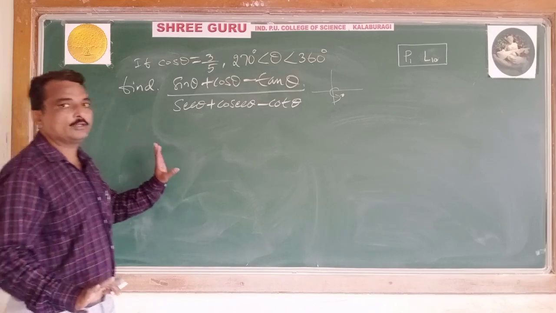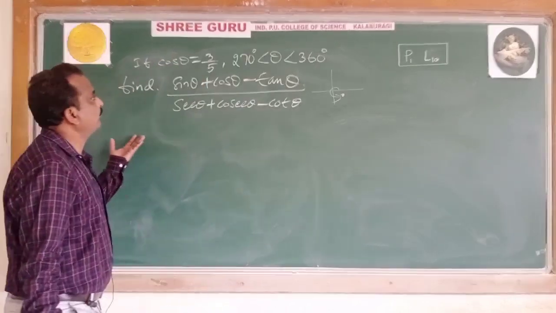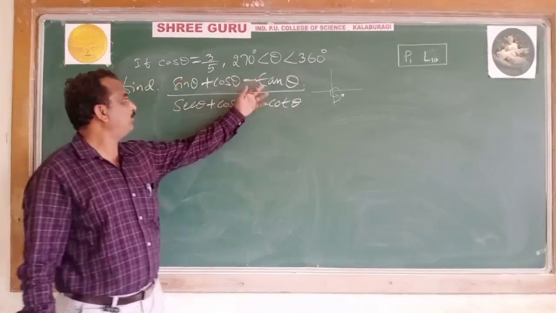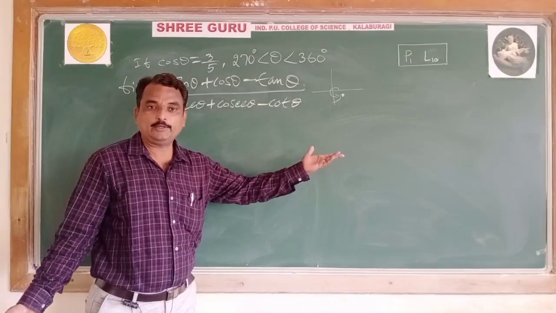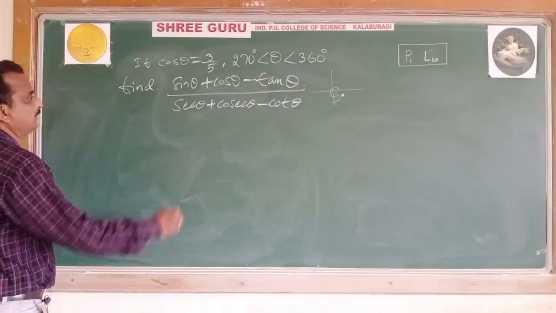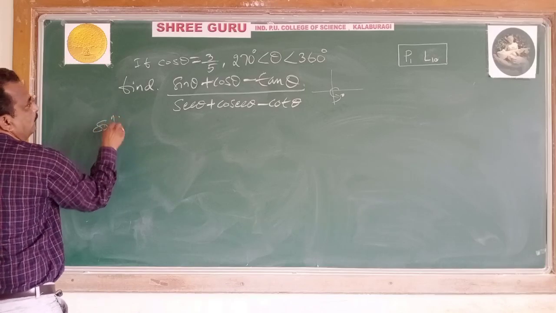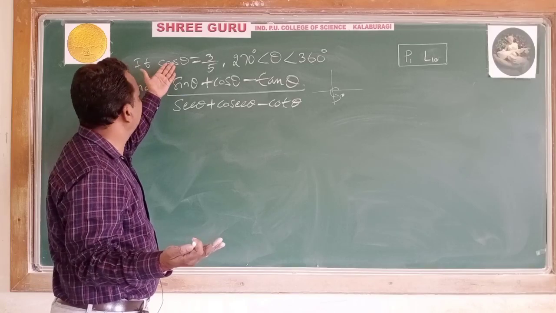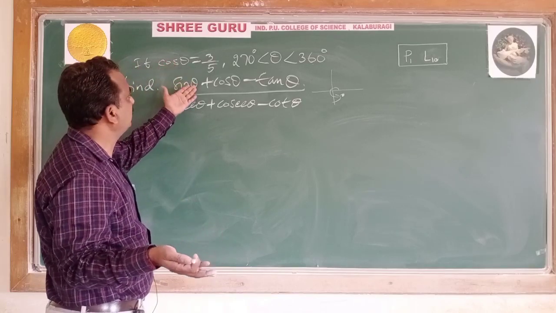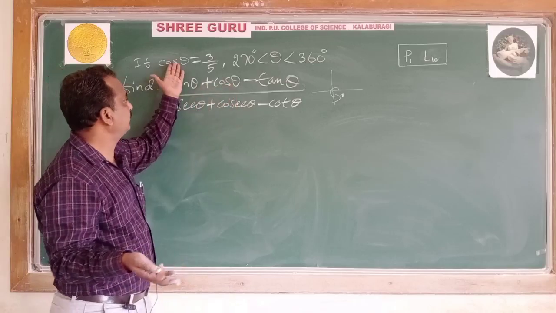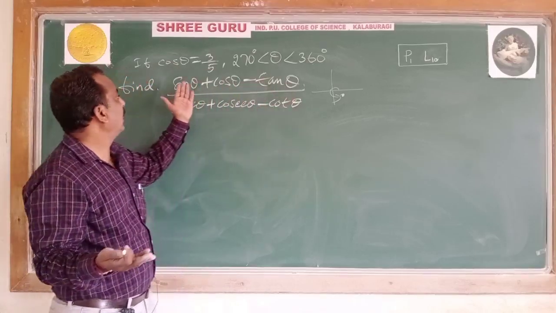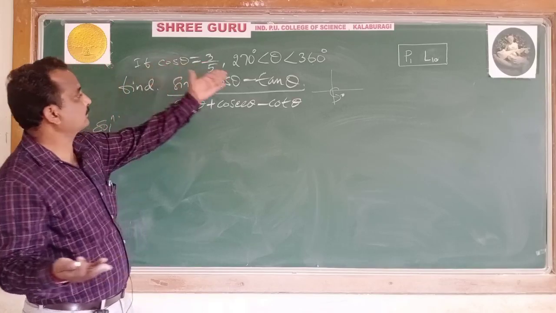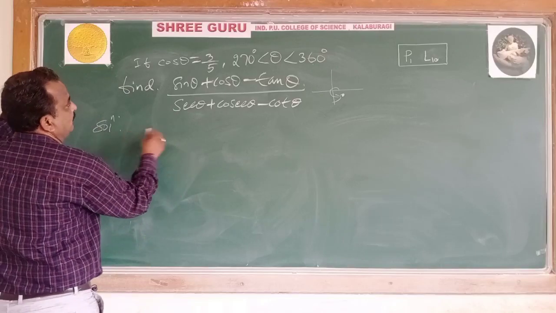Now, shall I go for the diagram geometrically, or shall I go for the trigonometric functions? You need all the functions; cos you have, the remaining five you need. Which one you want? As you wish. I think I will go diagrammatically. If you go for the first method using identities, sin square theta plus cos square theta, you will get sin, cosec and sec. Tan you can take after getting sin, as sin theta by cos theta. So here I will go geometrically.